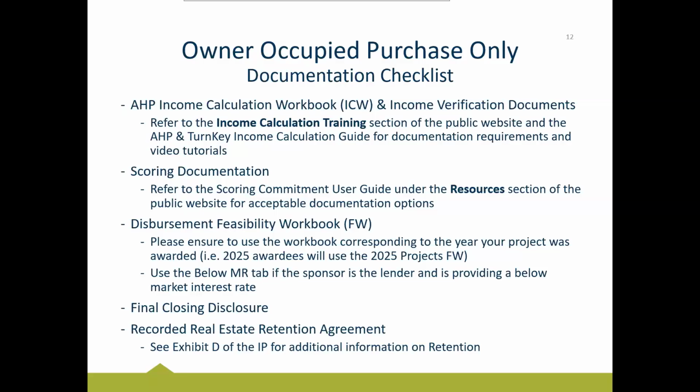Turnkey is another one of our grant programs. It's a separate one from AHP, but we use the same income guidelines, so that's why you may see Turnkey on some documents. That guide, I highly recommend pulling that document and reading it in full for those that are going to be doing income calculations. It specifically goes through each type of income, or at least the most common types. It's pretty comprehensive, but of course we know there's some one-offs here and there that may not fall into one of the categories in the guide.